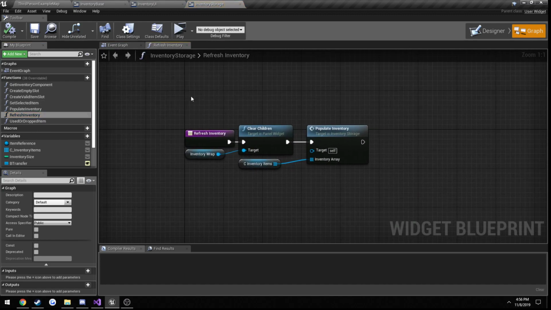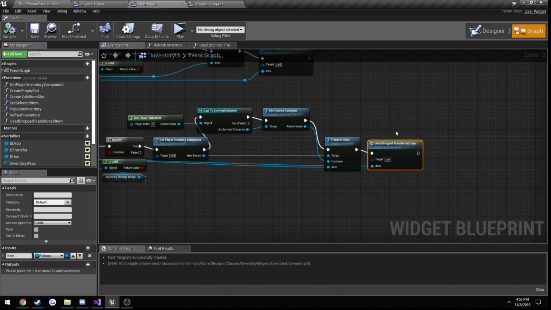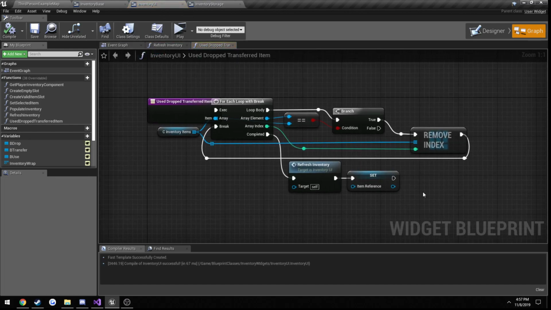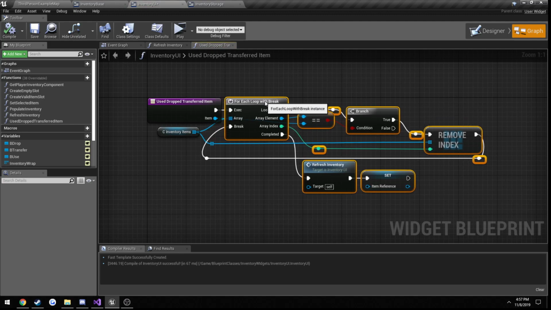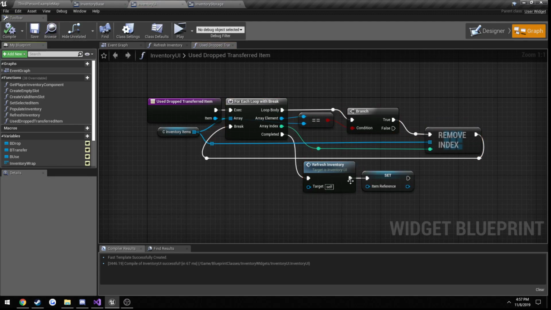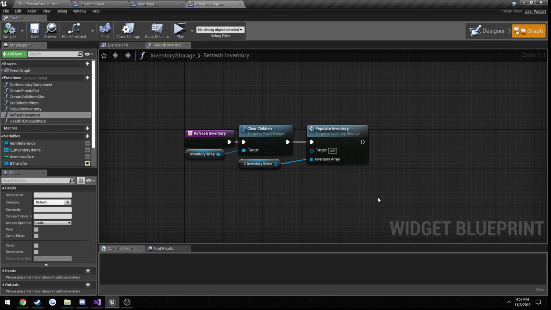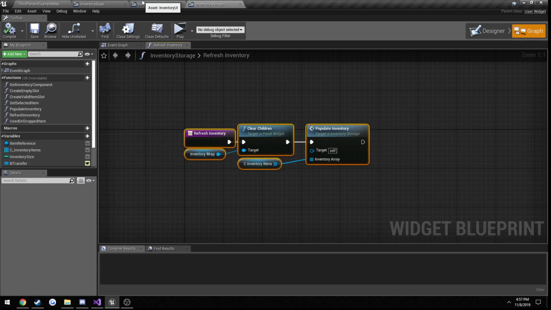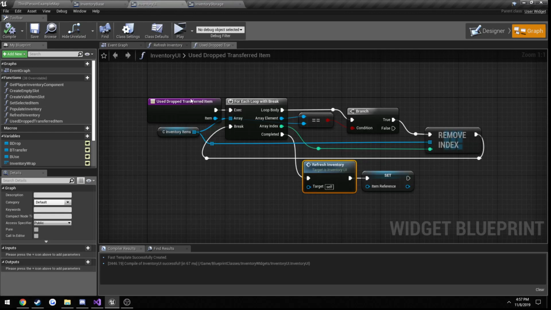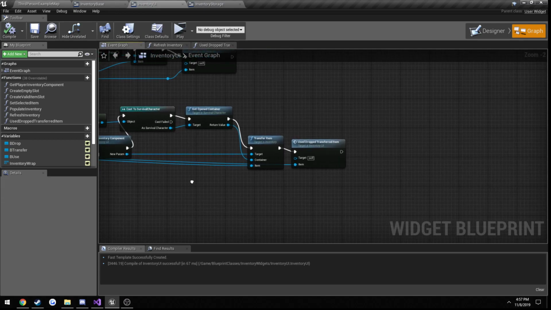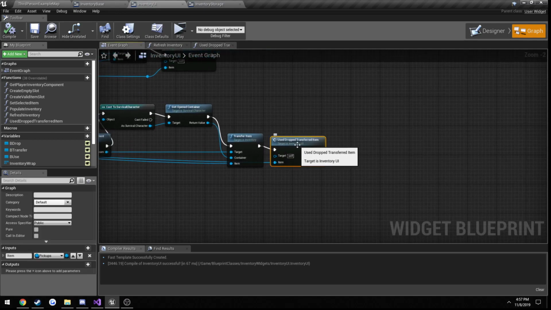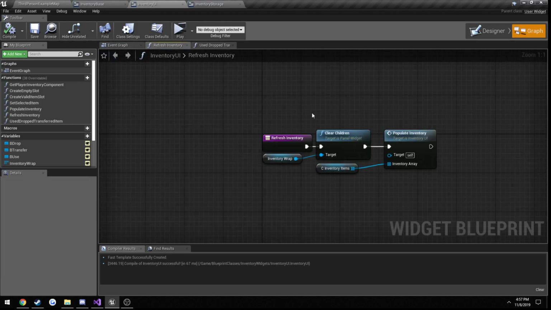Now in our used or dropped or transferred at the end, we end up calling refresh inventory. So ultimately what we're going to have to do is call our refresh inventory on the chest. If we head over here to the event graph, we don't necessarily want this to happen just yet, because in our refresh inventory,